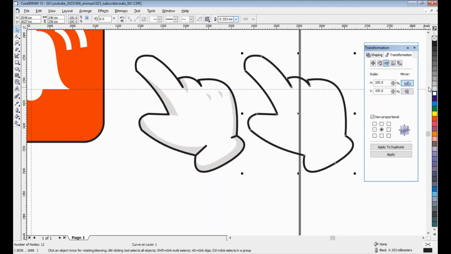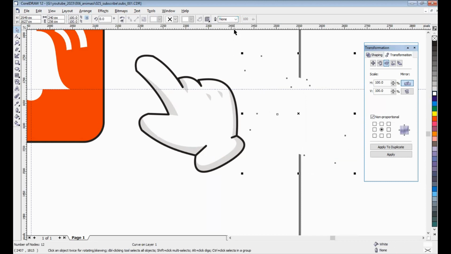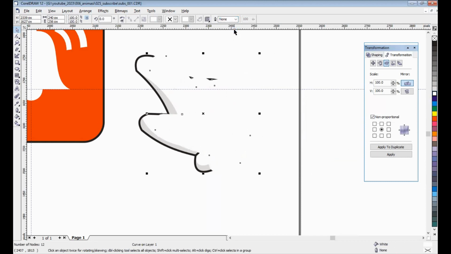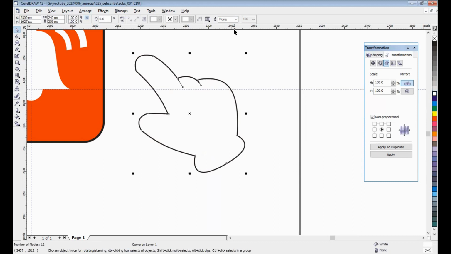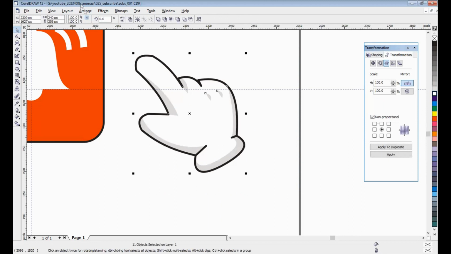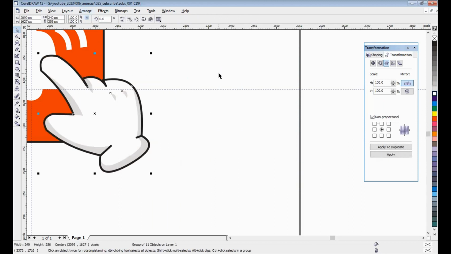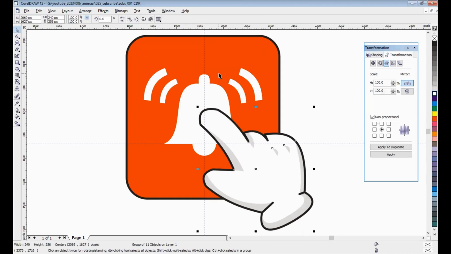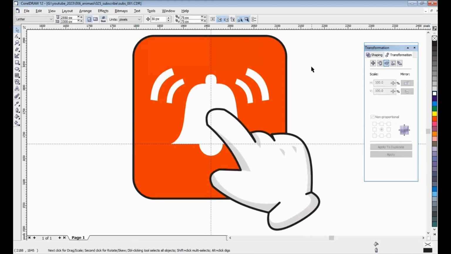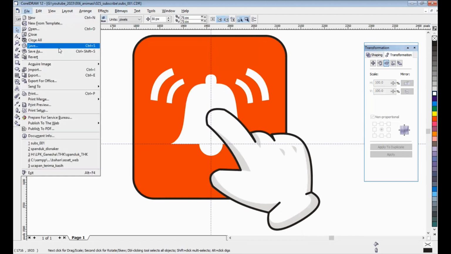And give a fill color, but no line, and put down the image and group again and take the result. Okay, that's finished. Okay, I will save first.